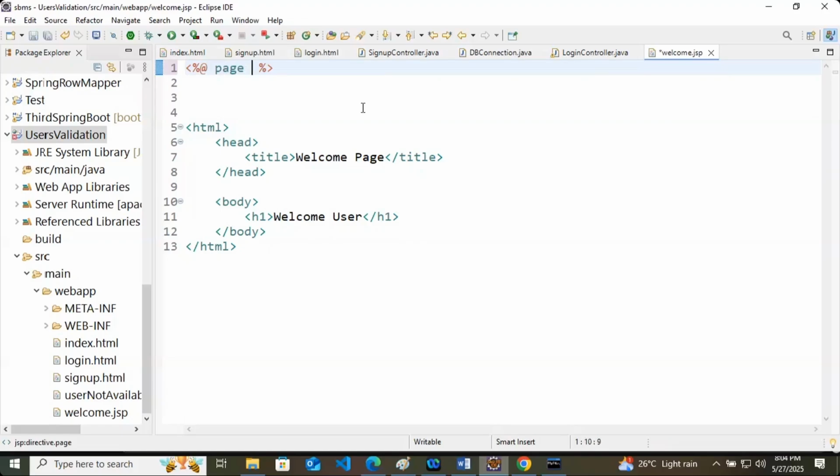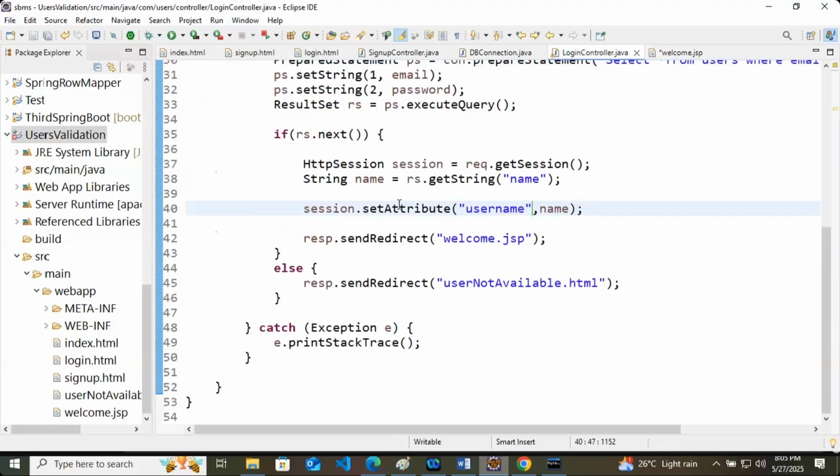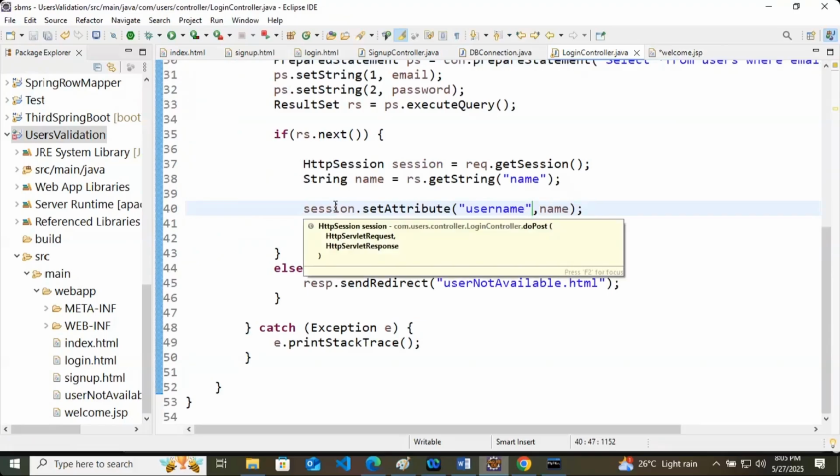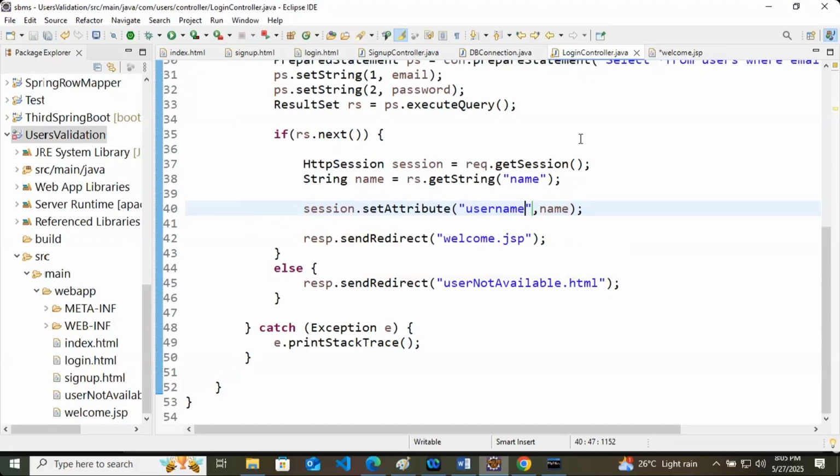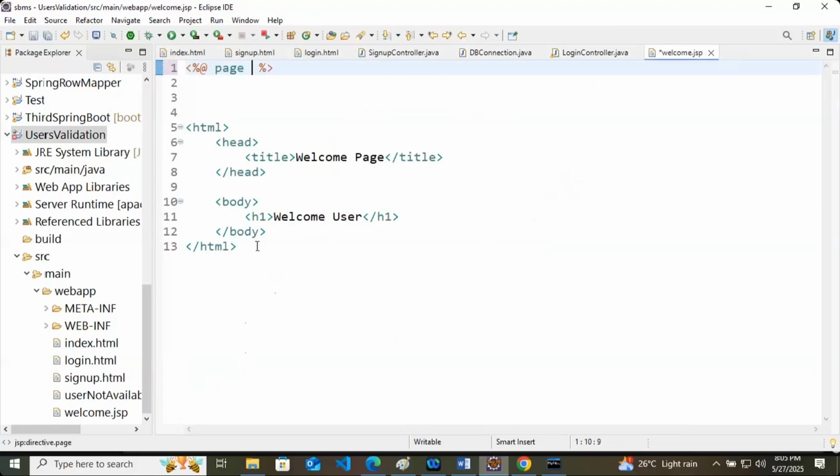What you are sending to this page, I am sending a session. Session is created by HTTP. HTTP is created by servlet. It means my welcome.jsp file should be able to accept a session. So whenever you are writing this, you can type the Java code here. So I will type import.